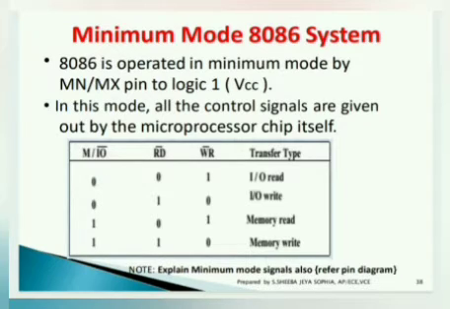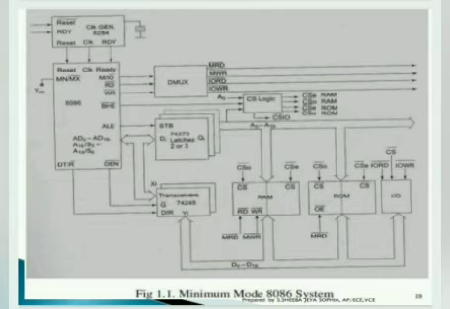For write, it is the opposite operation. For read you have to give 1 and for write you have to give 0. And when memory has to be initiated, memory is indicated by 1 1. And read means which signal has to be active? Read signal, so 0. Write means write has to be given as 0. This is the minimum mode configuration of 8086. The architecture restructuring is also mentioned here, showing how it is restructured for operating in this minimum mode configuration.